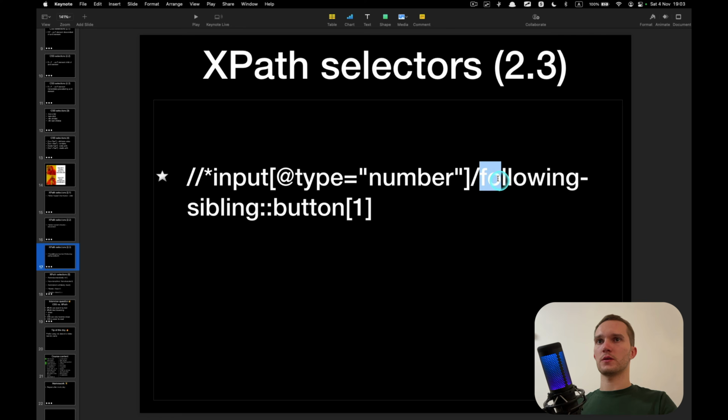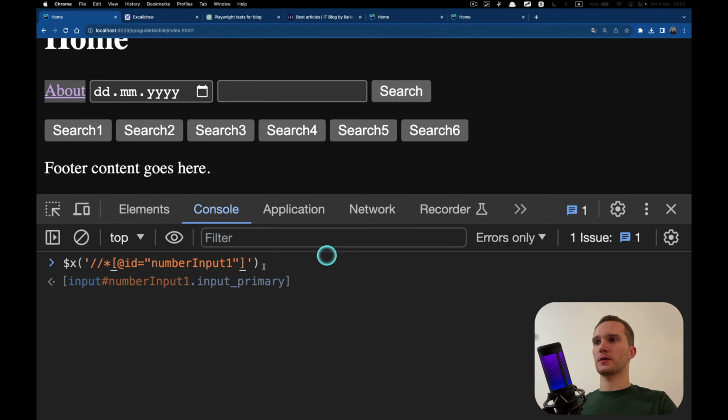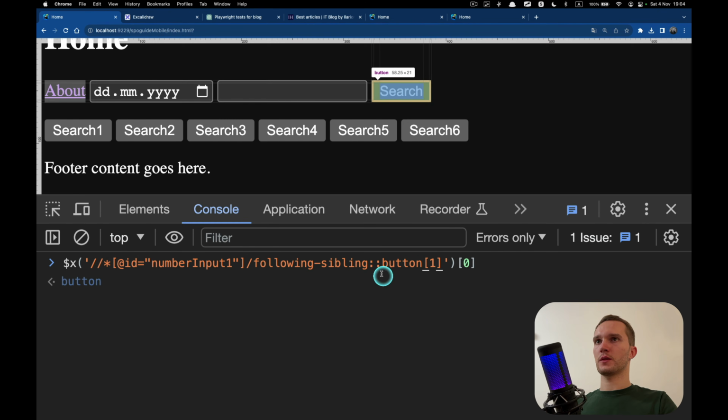Now we do the following sibling, button. Let's do it this way. Following sibling, button. Okay, so first we located this element, this is number input 1, the ID. And now we found the following sibling button.